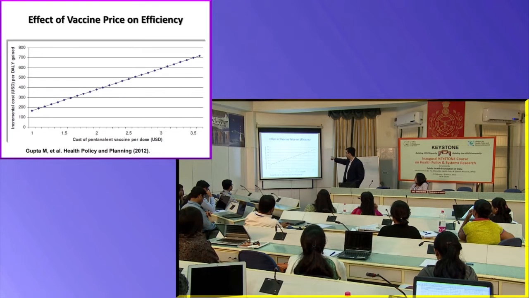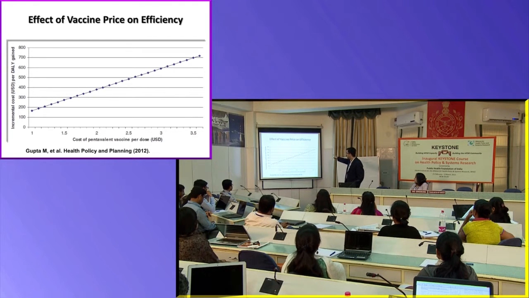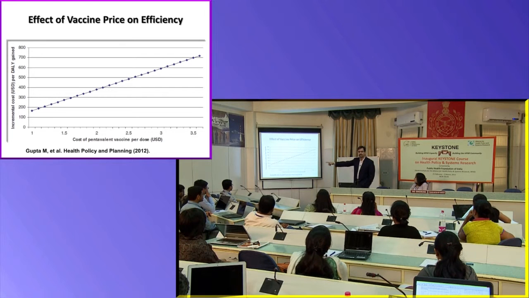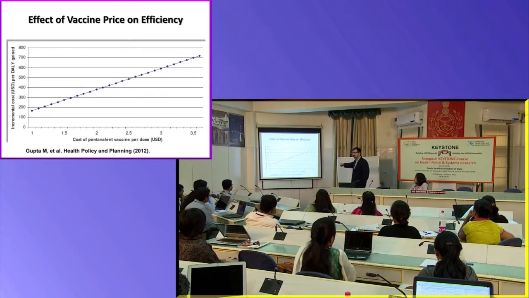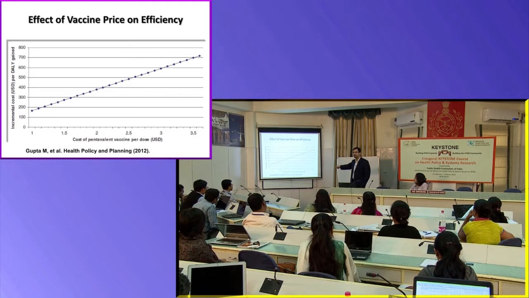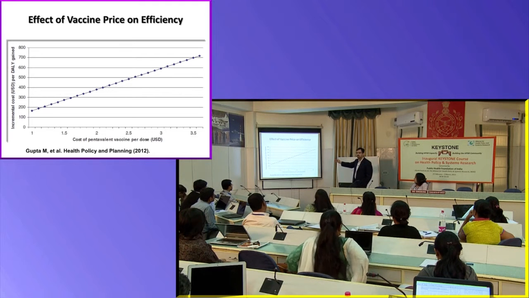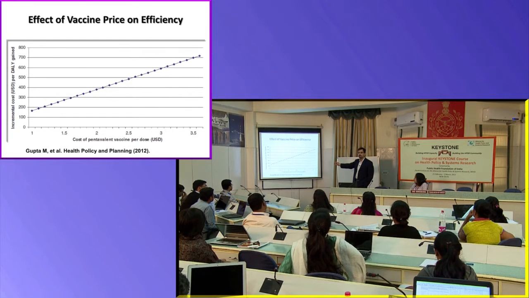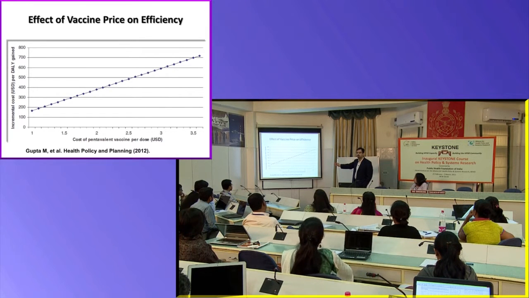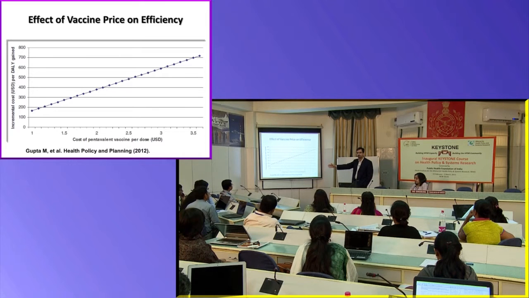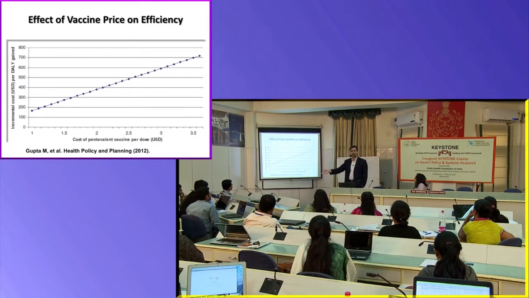If the Hib vaccine is cost effective, it is cost effective, fine. These are the different ICER values: what are the ICER values with different levels of price of the vaccine? At the time when this vaccine was being used on a pilot basis, the Serum Institute of India was giving the vaccine at a price of $3 a dose. But they were willing to offer it at $1 a dose if you introduced it in the routine schedule, UIP. So that's why we ran this analysis, to see how much it would improve the efficiency of delivering pentavalent vaccine if you reduce the price from $3 a dose to $1 a dose.